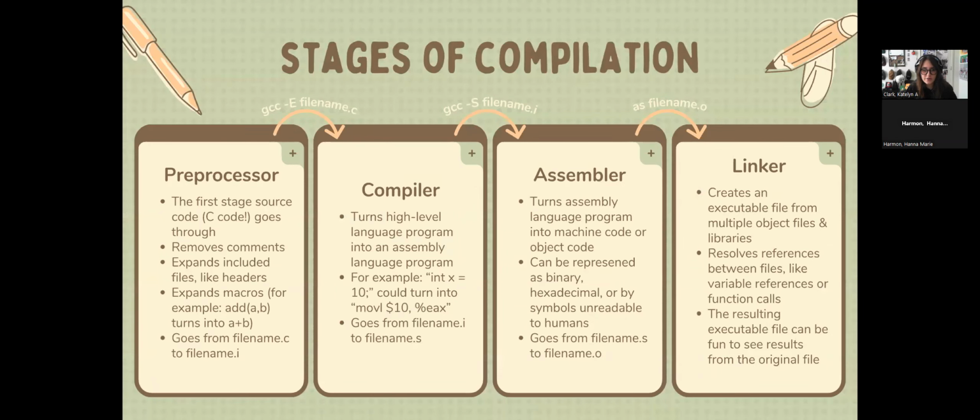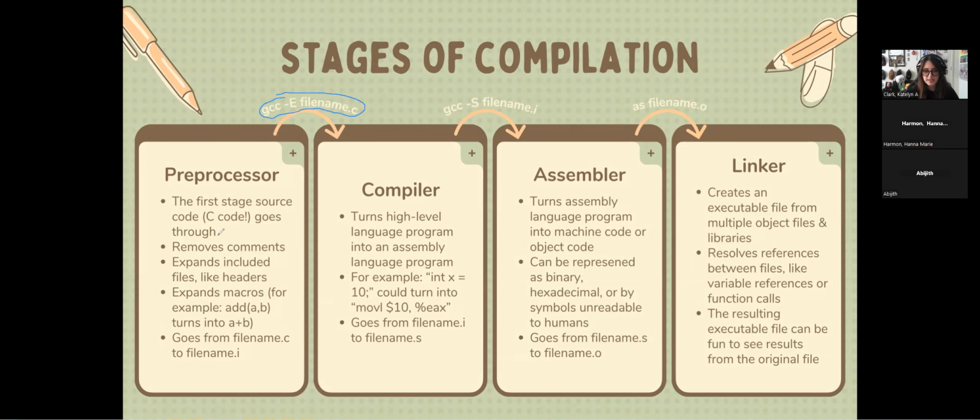So first off, just gonna go over the stages of compilation. So this is basically how you're getting from your code to an executable. There's a bunch of little silly stages in between. So first off is the preprocessor stage. This is the first stage that your code is going to go through. So you write something in C, you use this command here,